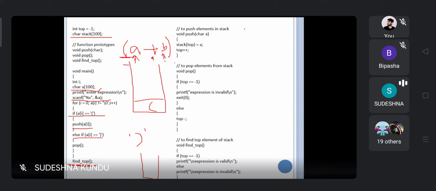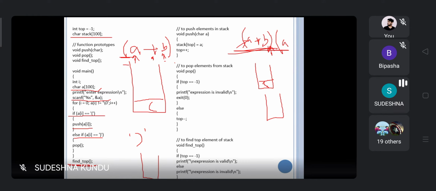Because in this case, suppose a plus b, then again some a. Whether this string is valid, no. So for that reason I need to check. In this case, what will happen? Initially we insert this parenthesis, and whenever we get the closing parenthesis, it will be popped out and the stack is empty.